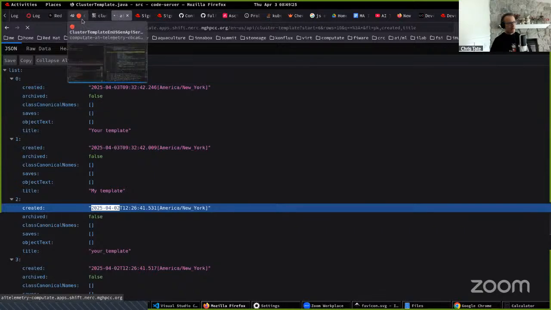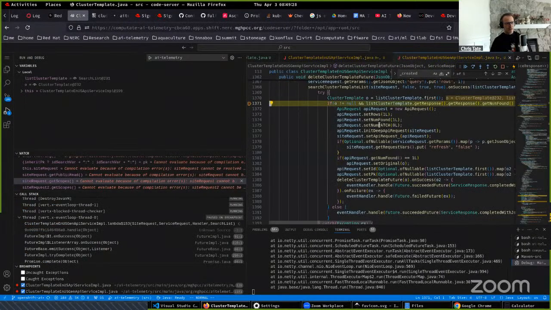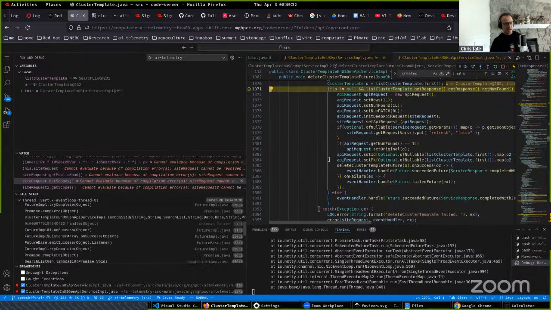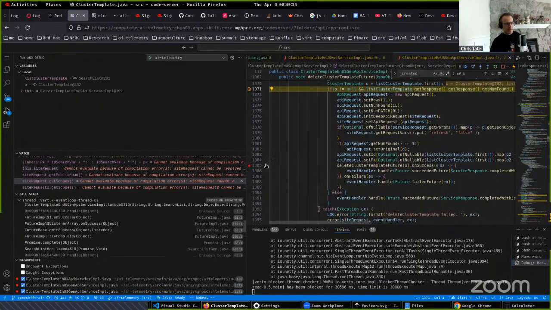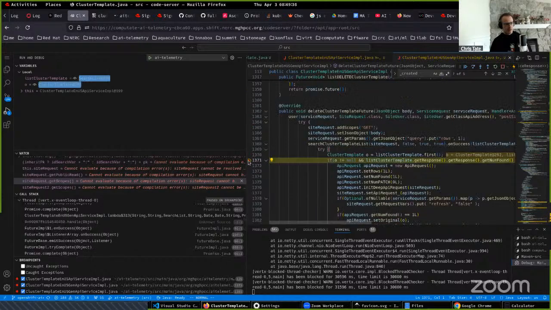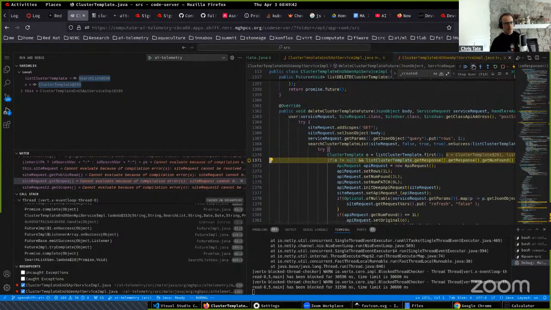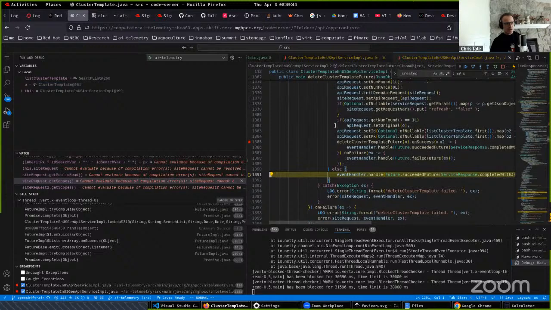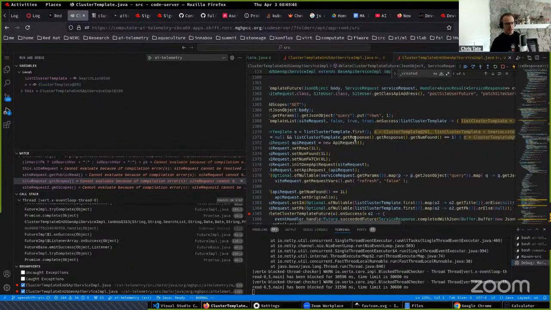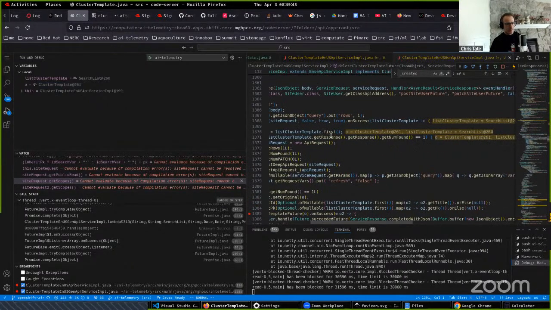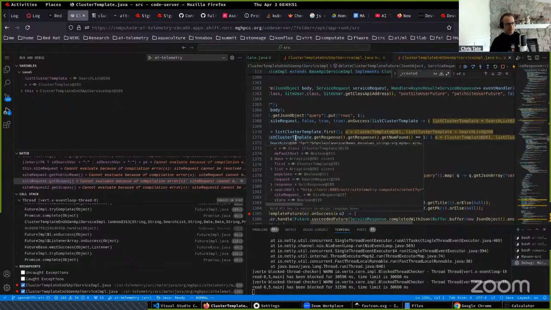Oh, we have a blocking thread and that's blocking everything. So I can't make that request right now. But if O equals null, does this step? No, it doesn't step in there. Why is that? If list cluster template O equals 1,